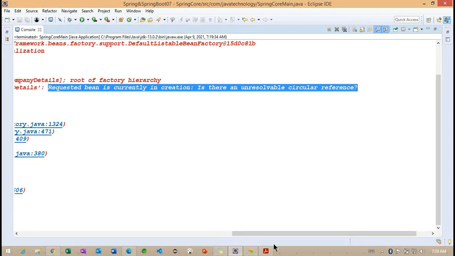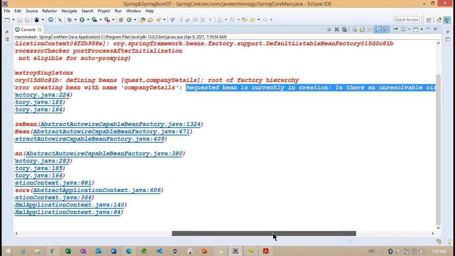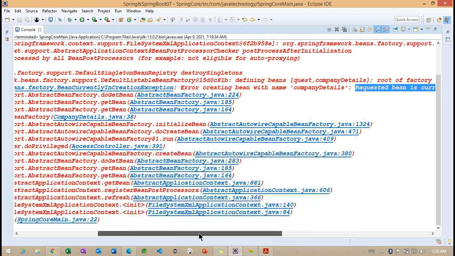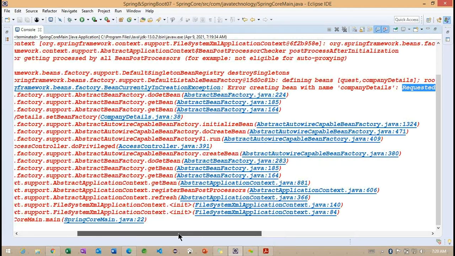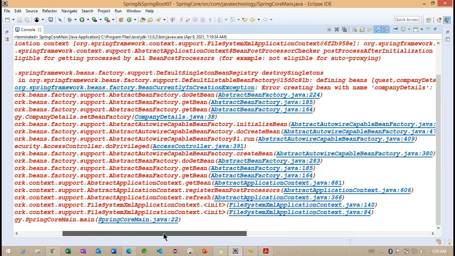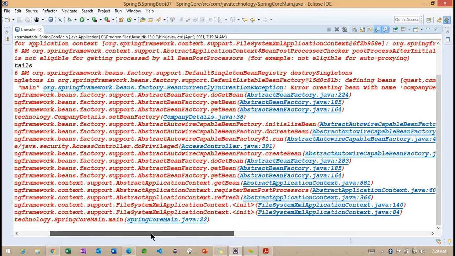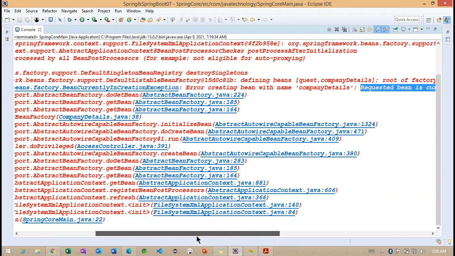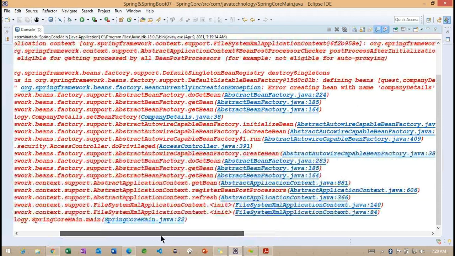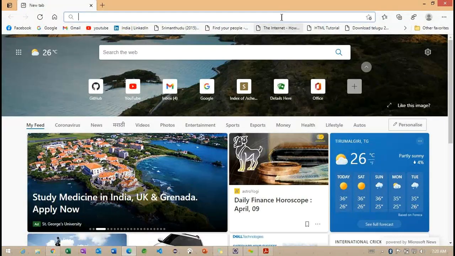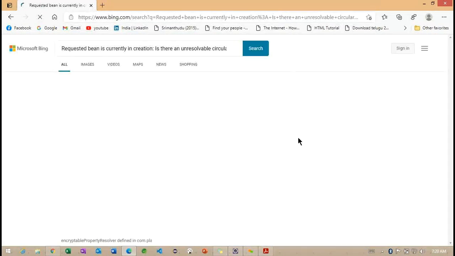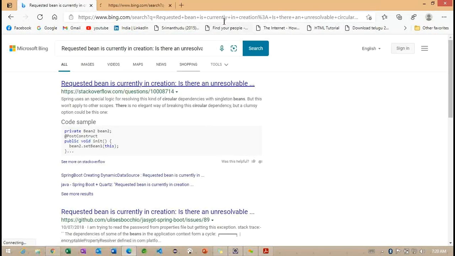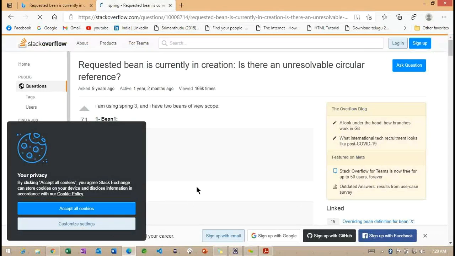Is there any unresolvable circular reference? What exactly is it indicating? The circular reference is set to the bean factory, and get bean, do get bean. We'll observe why we are getting this error. Are we missing anything?